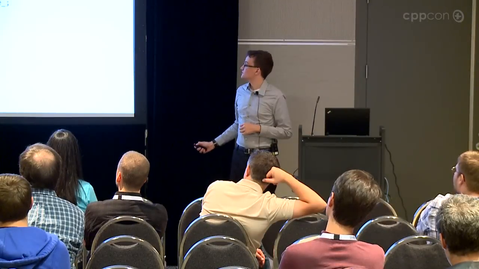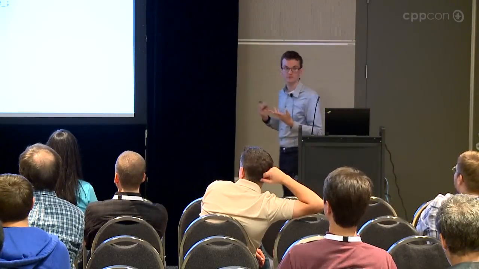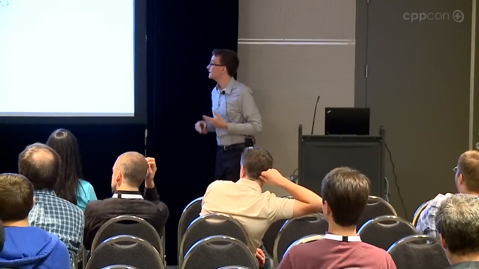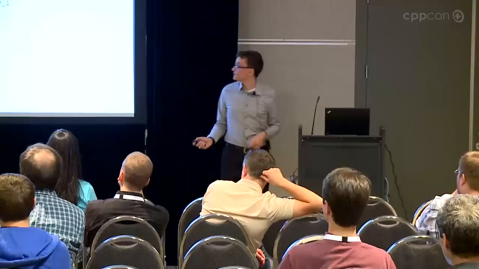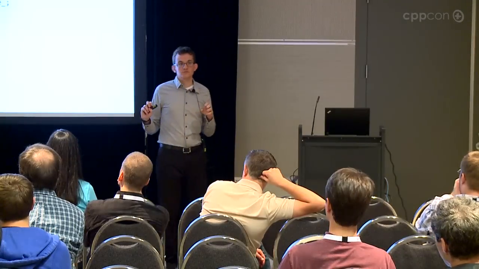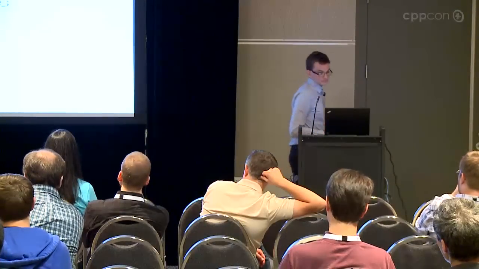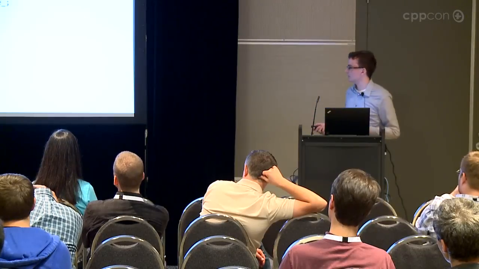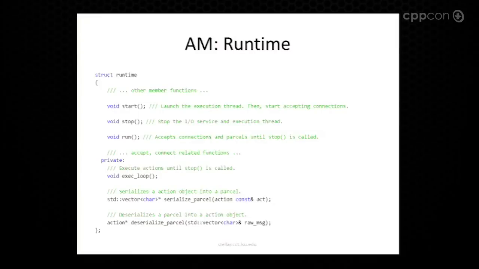We've got some representation of the execution thread. As I mentioned in an earlier slide, the I/O thread's just going to run in our main thread, so we don't need a representation of it. We've just got those two threads, the main one and the one we spawn off. Then we've got these two lock-free queues: one is this parcel queue, and then we've got this local queue, which is going to have the actual things we're going to execute. Then we've got this stop flag, which we'll use to shut it down. There are some other members here that aren't important, and some that are.